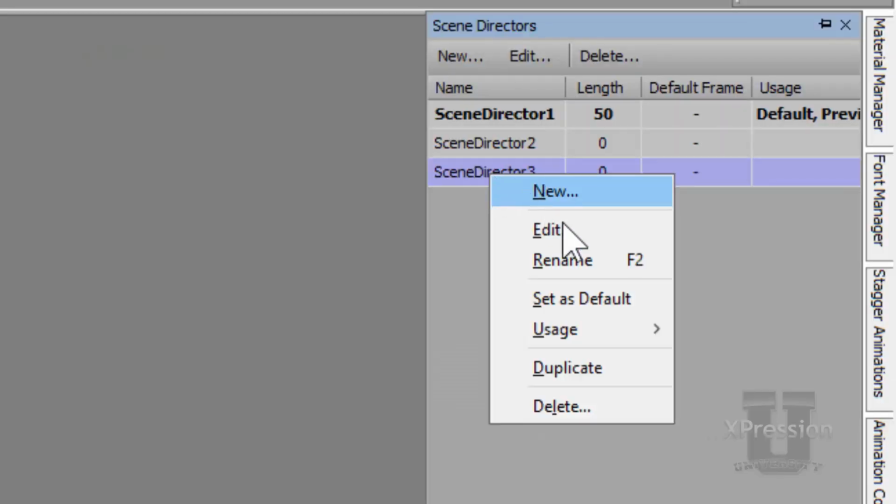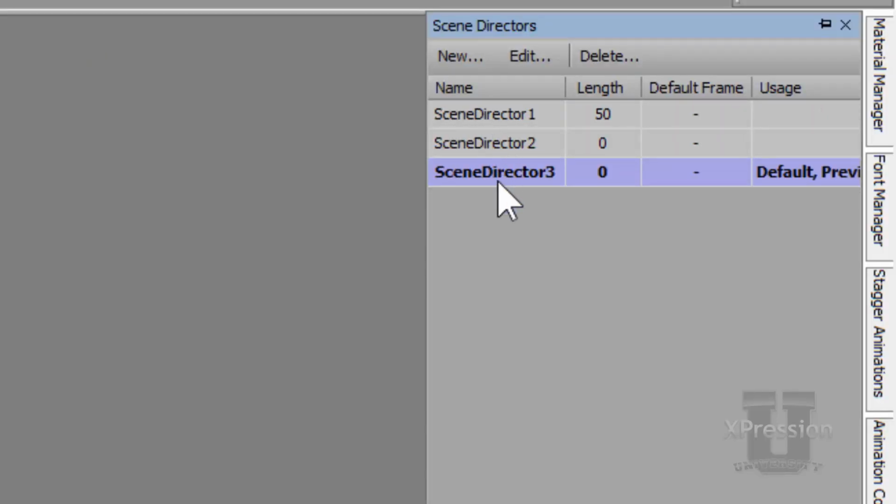The first thing I'm going to do is right-click on this end one and make this the new default. You'll see how the bold moves down, and then I'm going to make it called null. And why is it called null? It could be called empty, null, you can call it what you want. For me, it's called null. Basically, it does nothing. And the reason for this is Expression always tries to play the default scene director. So when you've got logic as well, telling it to play something else, you can end up with some conflicts, and it doesn't look great. So let's go with that.